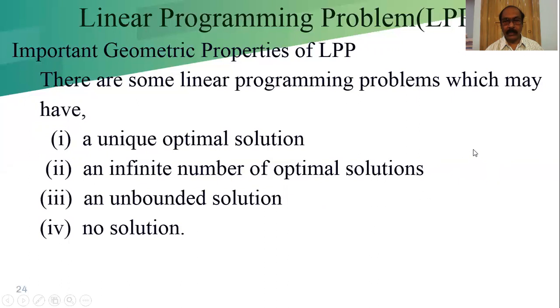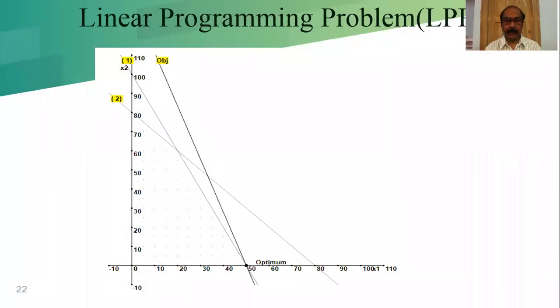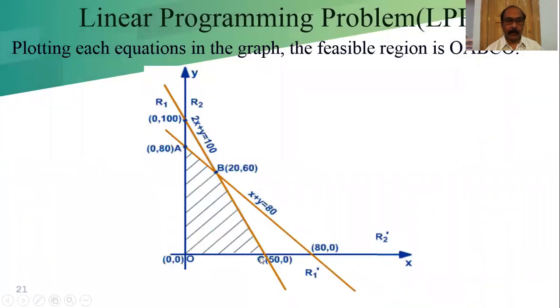Those two corner points lie on the same line. If I consider one figure, that will be better. See, if the optimum solution occurs here and also here, then both points give us the same optimum value. That means the z value here is the same as the z value here. So all the points lying on the line give us the same value, because a combination of these two points we can express as a convex combination.